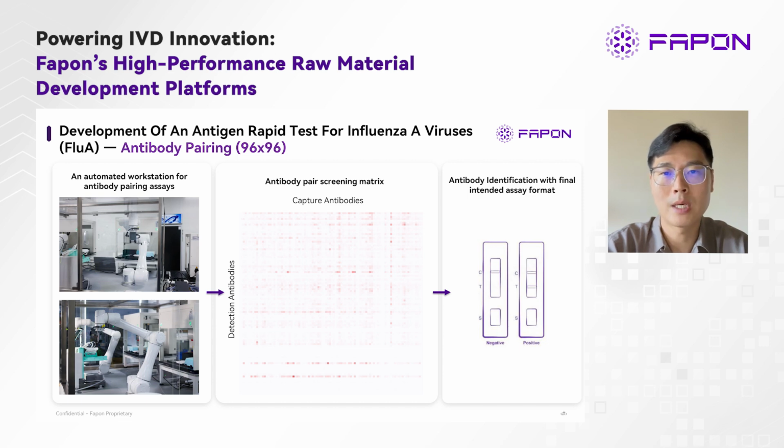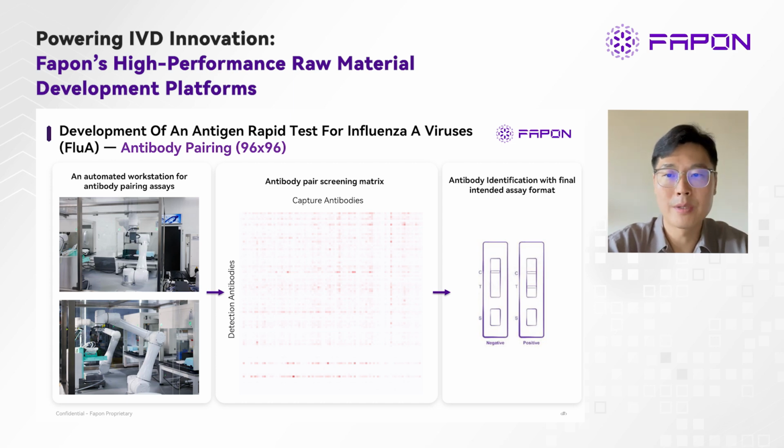We have built a workstation for this purpose. As the system shown on the left side of the slides, it's a workstation that helps us to screen 96 antibodies in the matrix format in about 3 to 4 days, and it kept us from doing all the tedious manual processes, which helps us to reduce the timeline and also minimize the potential human errors. As you can see in the heat map shown in the middle, in which the capture and detection antibodies are represented horizontally and vertically, respectively, we were able to find some really nice capture and detection antibodies, as well as strong antibody pairs, which can be represented by the darkest color spots.